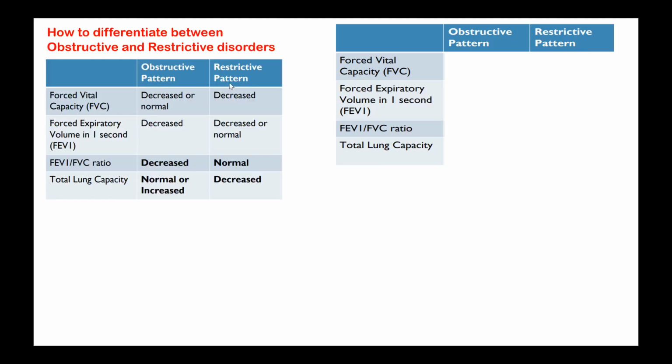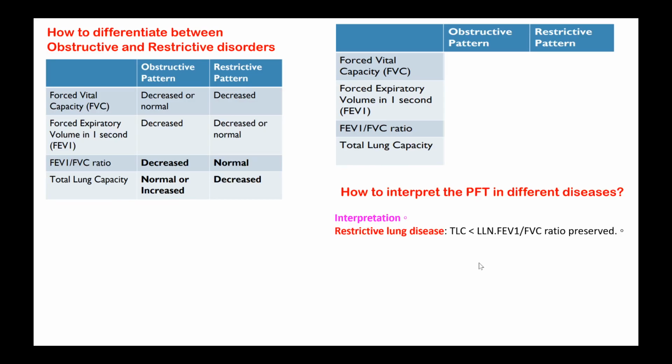Whereas in restrictive pattern, FVC is decreased, FEV1 is also decreased or normal, but the ratio between FEV1 to FVC will be normal or increased, and the total lung capacity will be decreased. Okay, so this is how we find out. And in different diseases, restrictive,